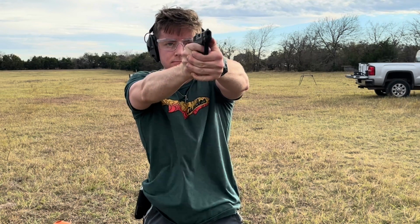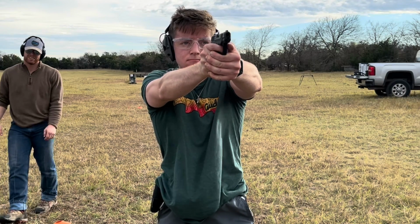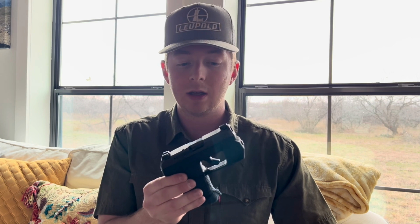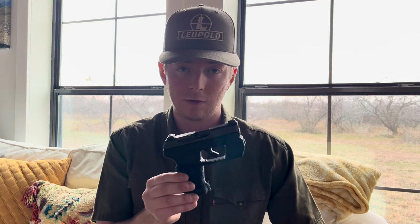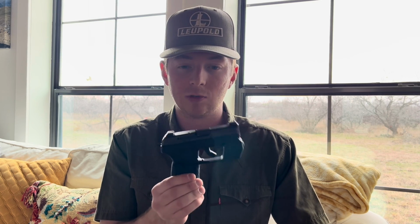I've probably put at least 500 rounds through this gun with ball ammo, and I know that it's not really a high round count for me by my standard, but for this gun, this is not a high volume of fire gun, right? I don't train often with this gun. Now I'm at the point where I can carry a full-size gun again, or for me, full-size 365 line compared to this. So I probably will relegate this to very niche use gun. But if you are interested in carrying something like this, I would shoot at least 100 rounds of whatever ball